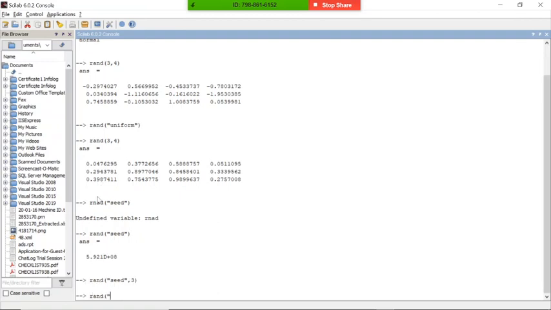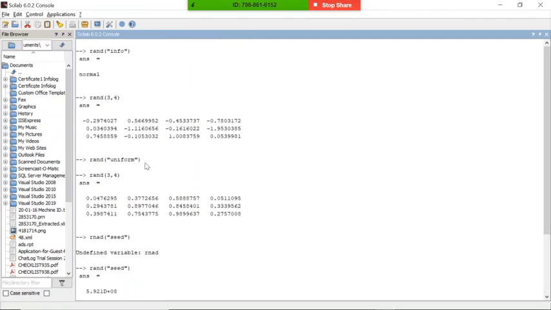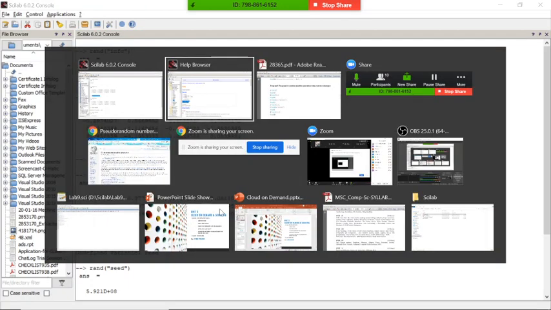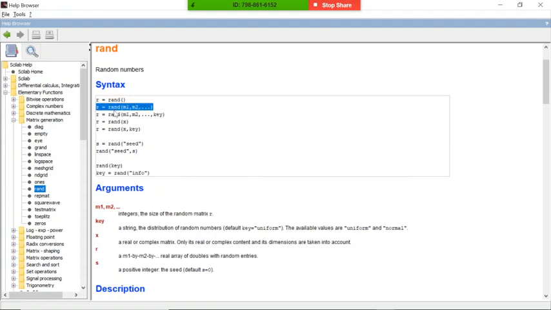Now rand seed, you can check out, the seed value is 3. At any time you can change the seed value, and at any time you can change the method of random, whether it is uniform or normal. There are two methods which I already discussed, seed and the random info. And the next method are the columns, and finally we are passing one key also.